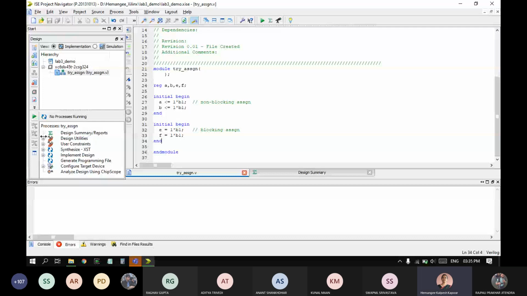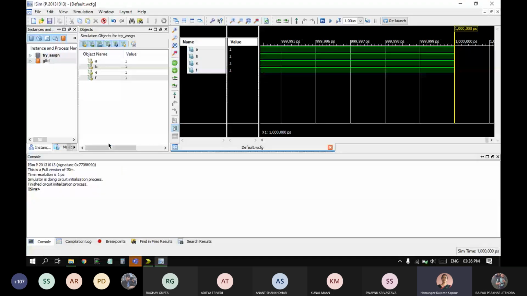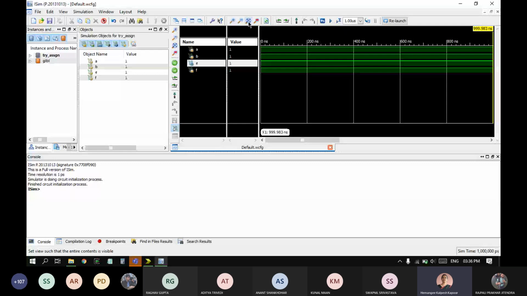Let me go to the simulation, and in the simulation select my Verilog file, and then I would say simulate behavioral model. Okay, so let me do this and then bring it to the beginning, and let's see what happens.